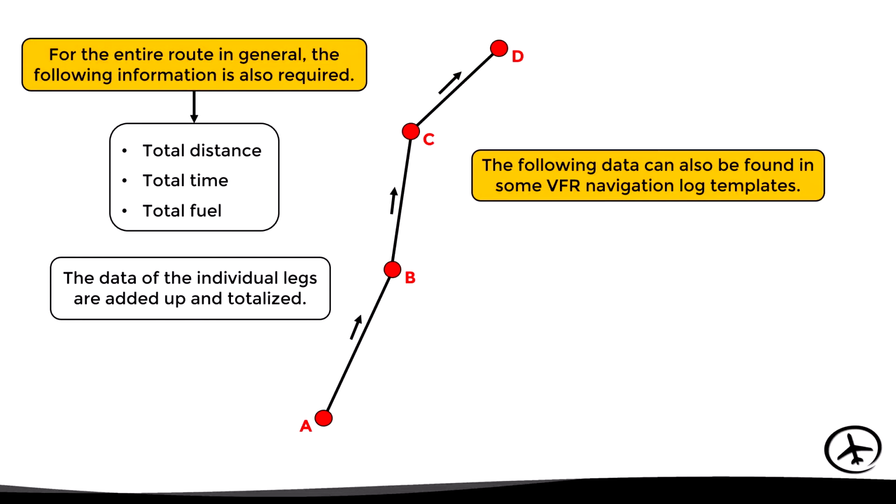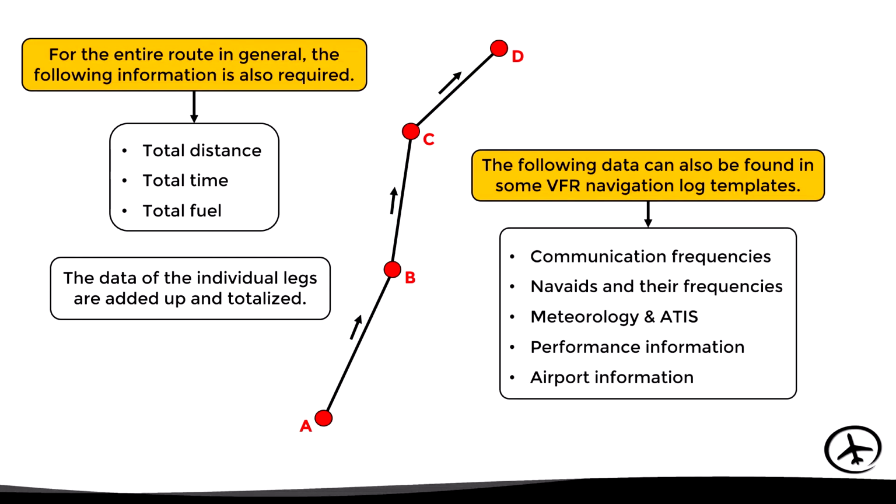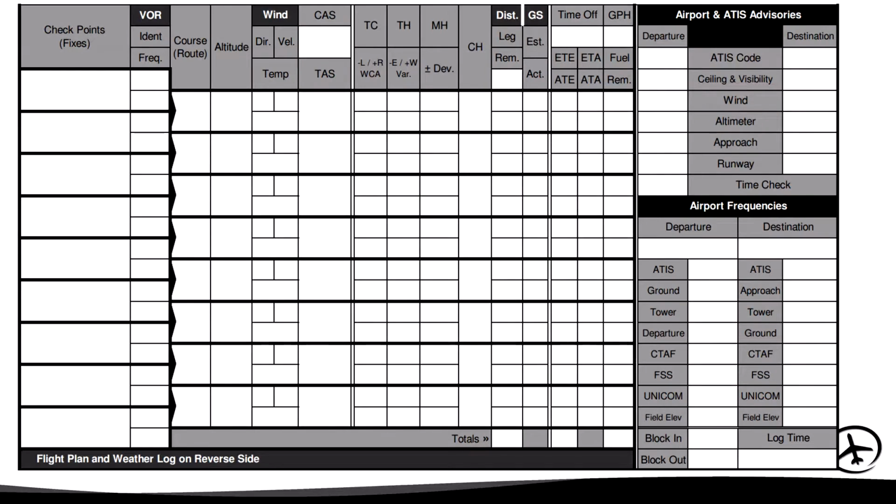Now, depending on the format, some navigation log templates may include other fields to be filled out, such as communication frequencies, Navaids, meteorology, aircraft performance, and airport information. Now, in order to get familiar with all this, let's look at the Jeppesen and ASA Navigation Log templates, which are widely used around the world. First, let's look at the Jeppesen format. On the left side we have some fields to include the names of the different checkpoints on the route, and